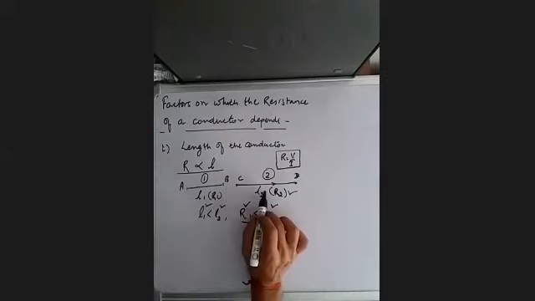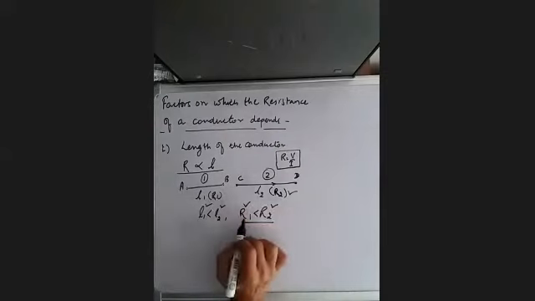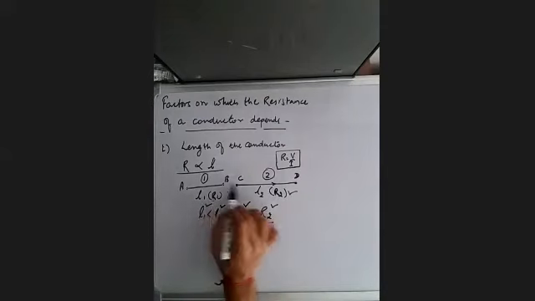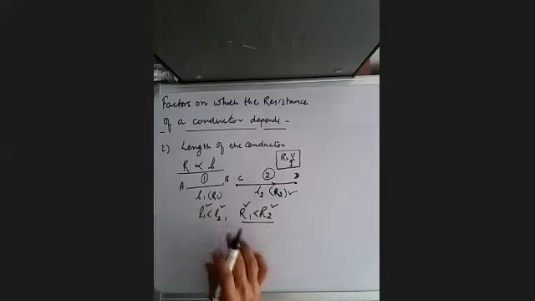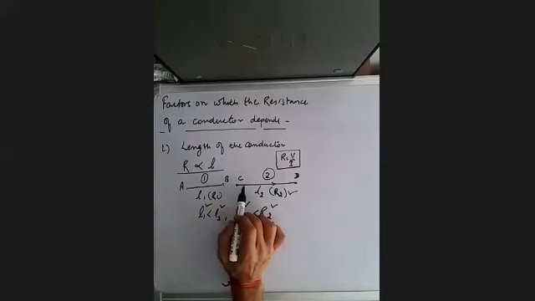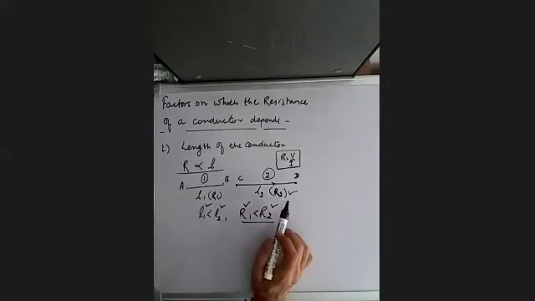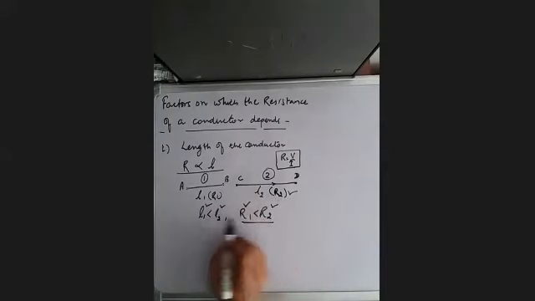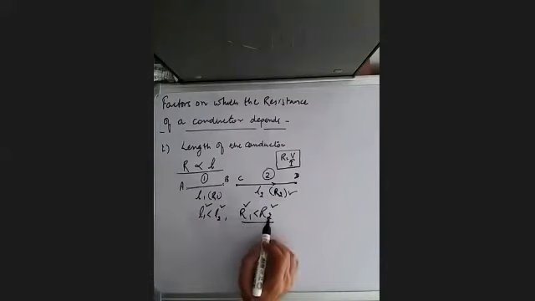And that is how we conclude that because length of the two conductors are different, length of AB is smaller and CD is larger. That means resistance must be dependent on the length of the conductor because everything else of the conductor is similar. Material is similar, they are made up of same material, for example, copper. Their thickness is also same, equal. They are in the same laboratory, and we have found out the potential difference and current in both of them in the same environment, and the only difference is length. So because of this difference in length, there is a difference in resistance.